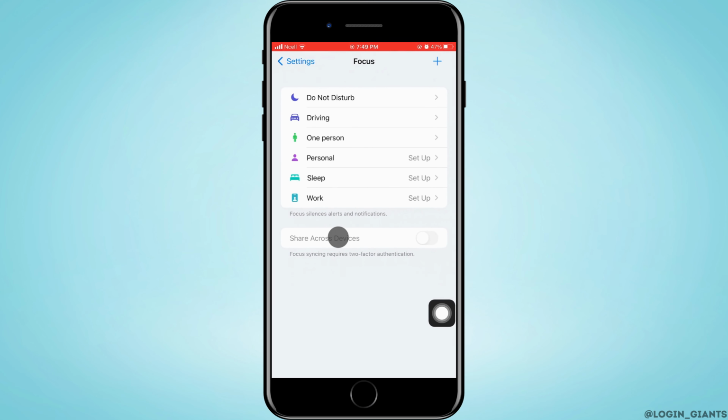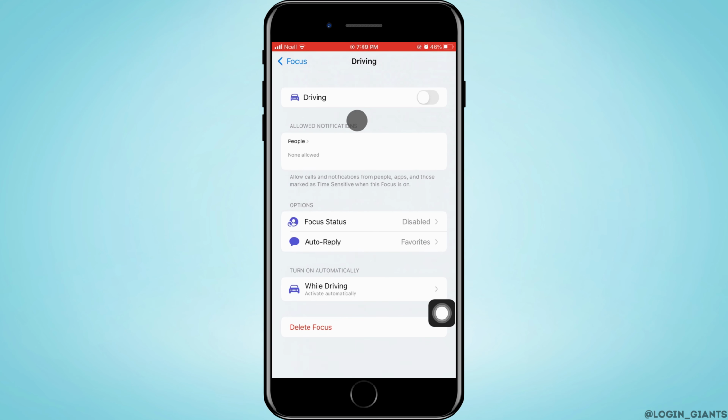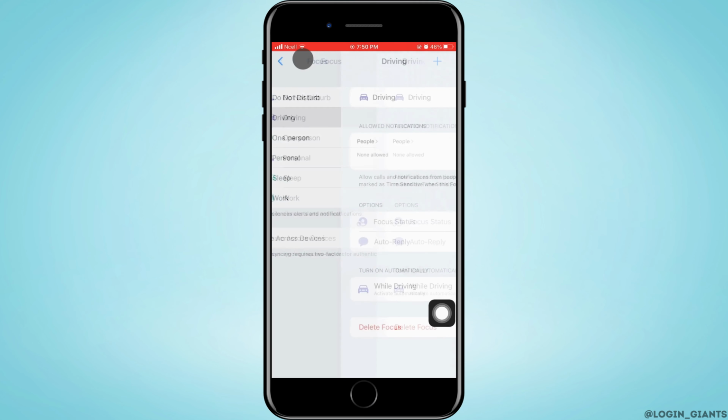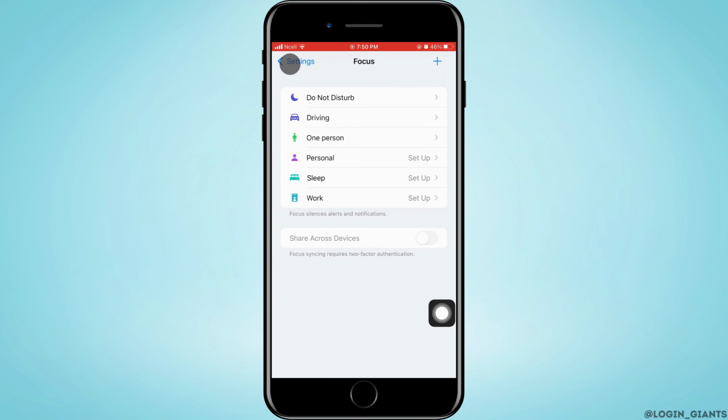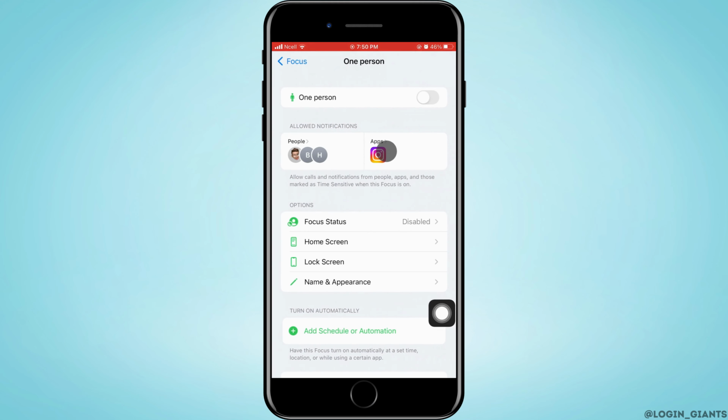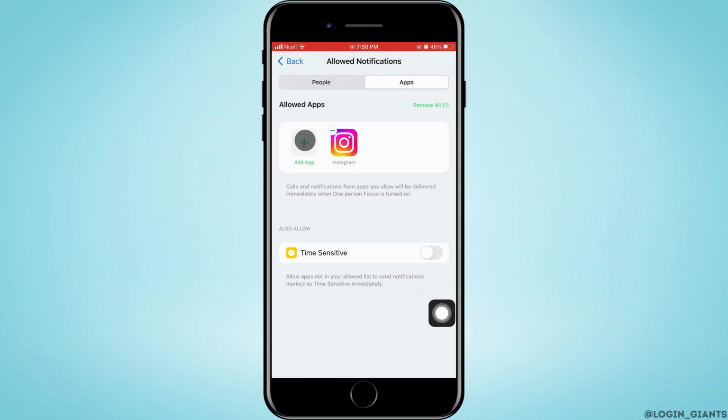There are various do not disturb modes that can be driving, one person, personal, sleep, and work. When you go ahead and tap on driving, you can see that you cannot disable any time-sensitive notifications as there is no apps. And when you go ahead and tap on one person, you'll be able to disable time-sensitive notifications